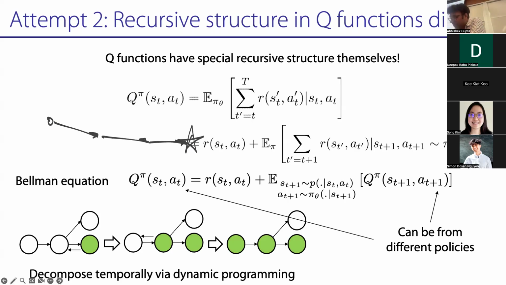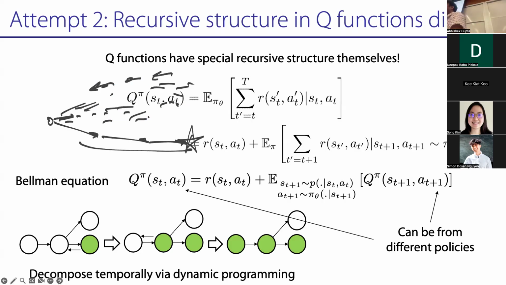Imagine that my pi beta had coverage on this stuff, right? But not on the optimal path. Then what I'll do is propagate value backwards from here if pi theta had been in those states, but I'm never going to propagate value backwards from here because it was never in the training data, right? So it's not a silver bullet. If your training data doesn't have coverage over that star, it'll never propagate backwards. So the important thing is that within the coverage of your data, the thing that collected your data and the thing that you're propagating backwards don't have to be the same, but the coverage needs to overlap.